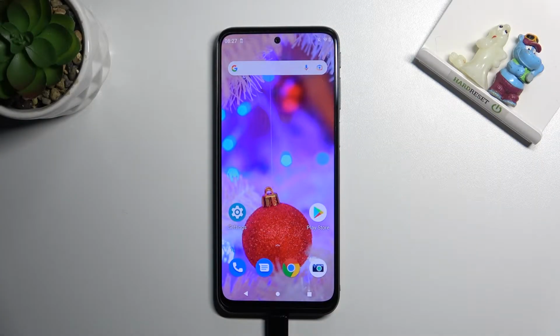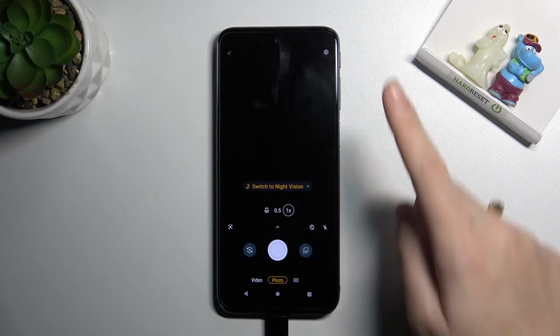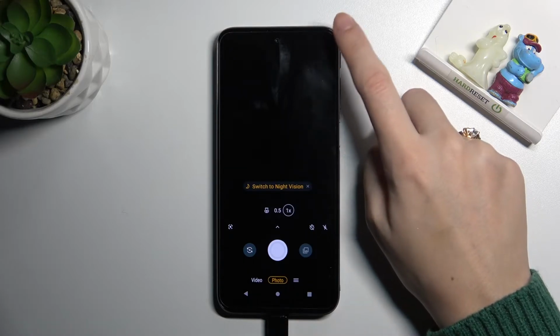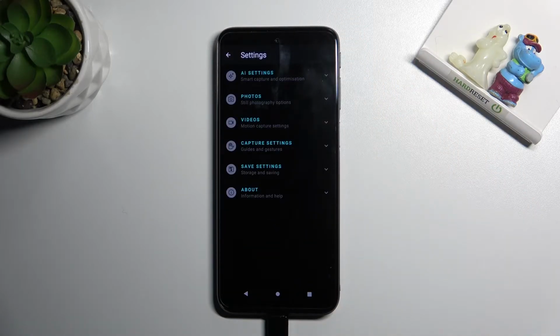Welcome, here I've got Motorola Moto G31 and let me show you how to change photo resolution in the camera app on this device. So let's start by tapping on the camera button to open it, and for now we are on standard photo mode. From here let's go to the right corner button so we can open camera settings, and now